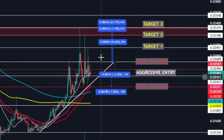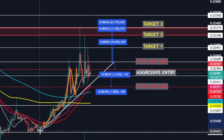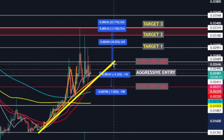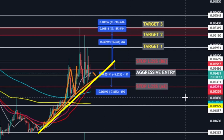So basically, price action has been pumping up ever since, like I said, early January at about 14 cents. It's been using this trend line as support. So your aggressive entry would be a short-term pullback somewhere back down around 24 cents or just above. I have that listed as my aggressive entry. And should you enter there, I've shown the stop loss, which is just over 7.5%, almost 8%, down there at around